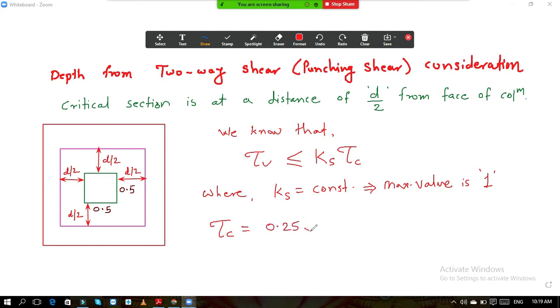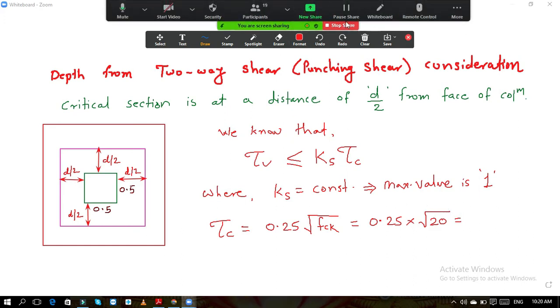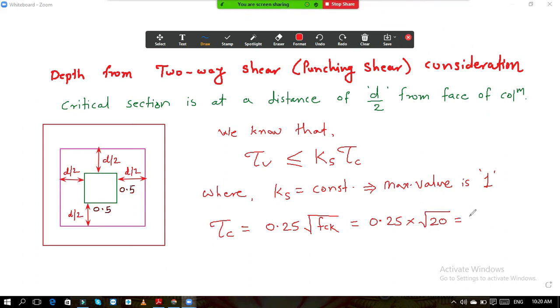0.25 under root fck. This is the formula, 0.25 under root fck. So if you put the values, it is 0.25 into under root 20. So now solve this and let me know the answer. What is the answer? Don't take too much time. Please be quick. So this value is 1.118